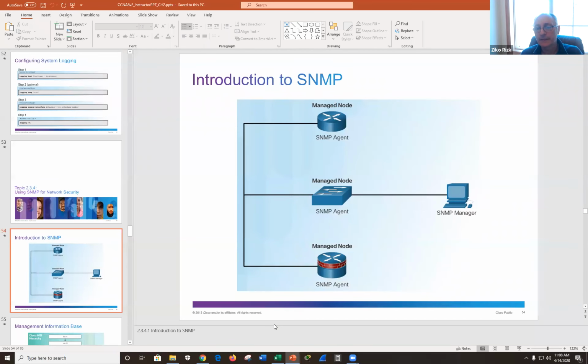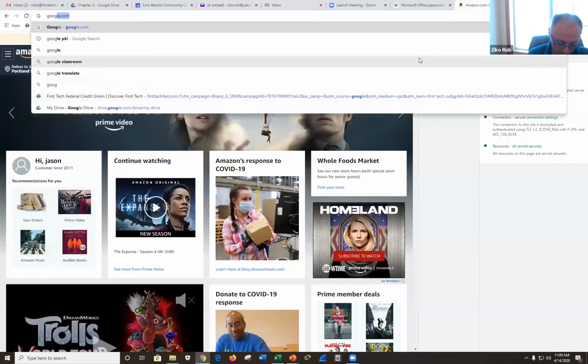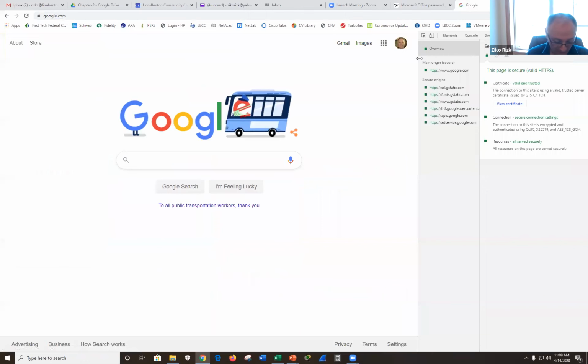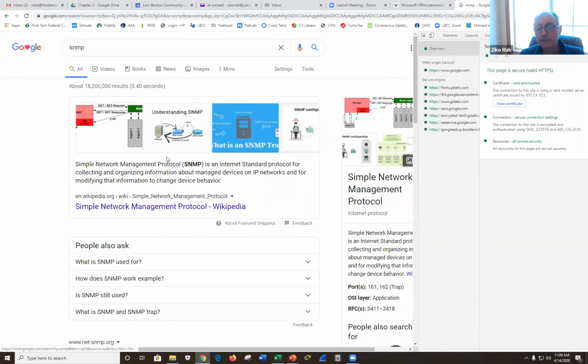SNMP. Okay. Simple Network Management Protocol. I believe this is what it stands for. SNMP, Simple Network Management Protocol. That's what it is. It's an internet standard. Very good, everybody. So this is not a Cisco thing. This is not a Microsoft thing.